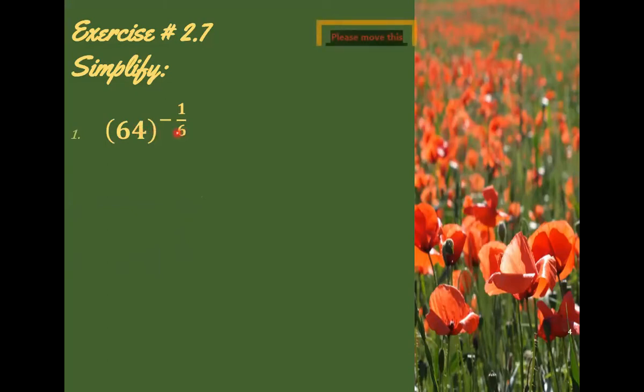This means you will identify how many times you must multiply a number to get 64, and you have to multiply the particular number 6 times, because this is the sixth root of 64. Understand? Sixth root of 64. So how will you write it? If you multiply 2 six times, 2 multiplied by 2 is 4, 4 multiplied by 2 is 8, 8 multiplied by 2 is 16, 16 multiplied by 2 is 32, 32 multiplied by 2 is 64. So 2 raised to the power 6 gives 64.